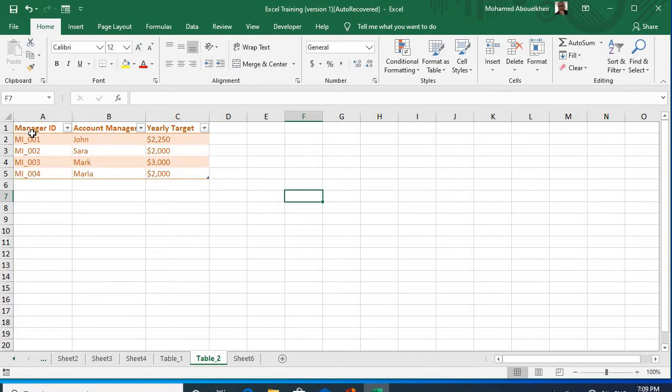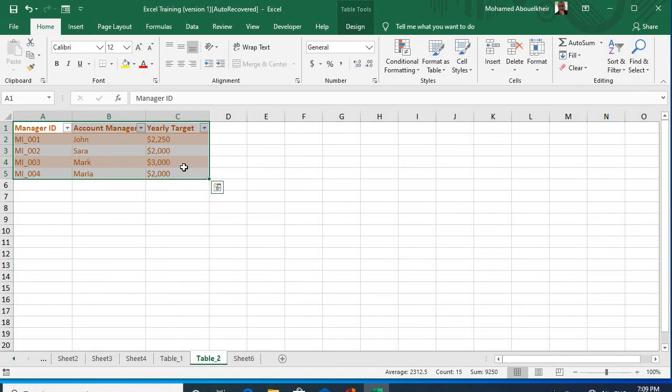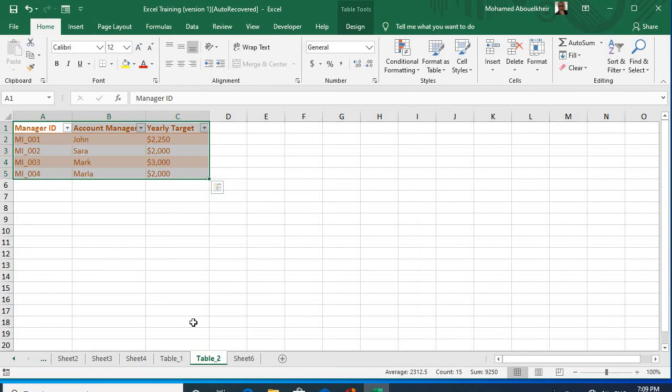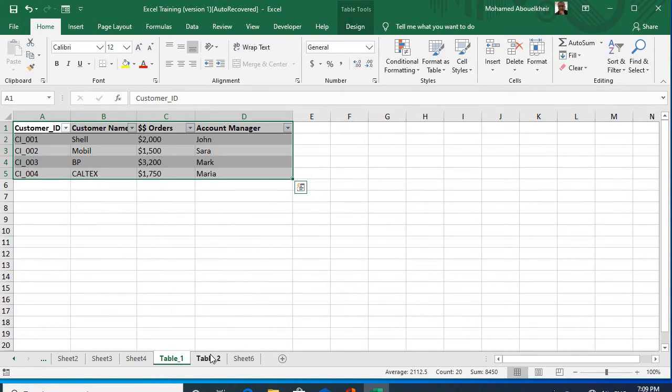And again, you highlight the whole table and format it as a table. Format as a table, and you choose whatever shape you like. If you format them both as a table, and you go in table 1 and create a pivot table by inserting a pivot table,